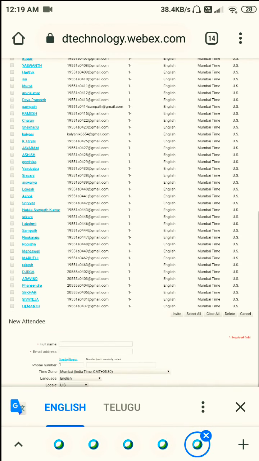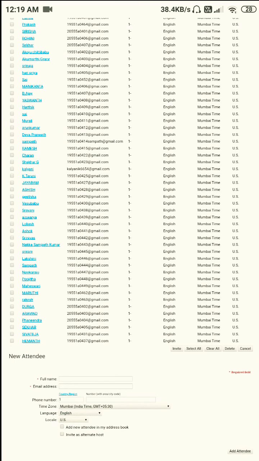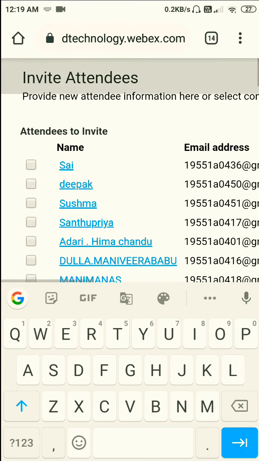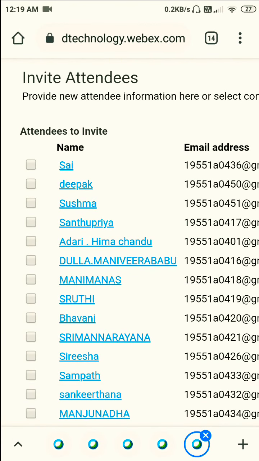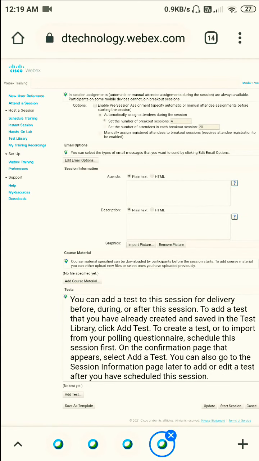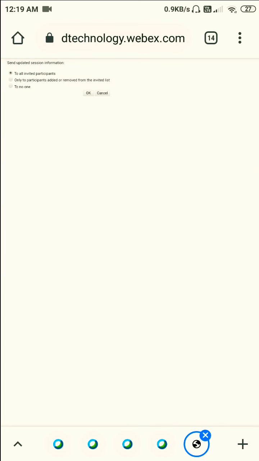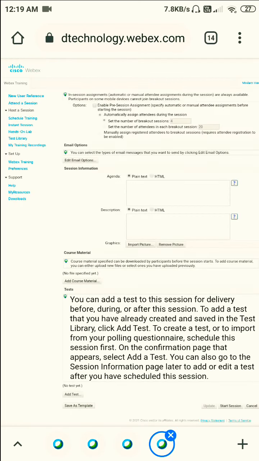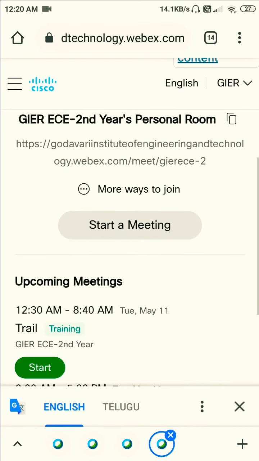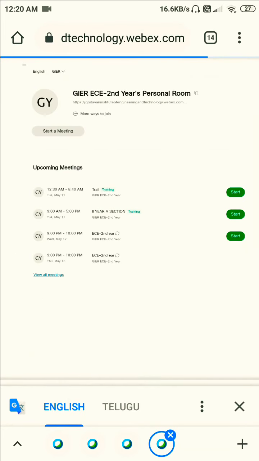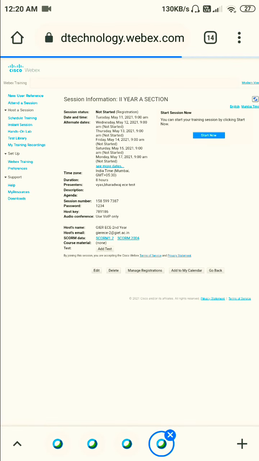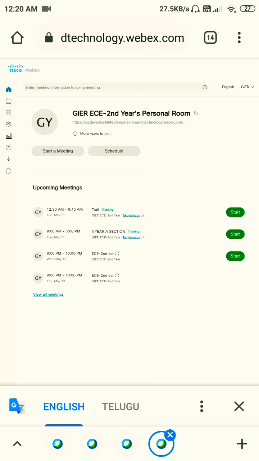See here, I have added all the A section, that is my section, students here. You can delete them if that PIN number is not there, or else you can add them. I can send the invitations to subject teachers also by adding the teacher as presenter. And finally, this is the information. You can start the meeting here, but make sure you always keep that in desktop site mode. So thank you.